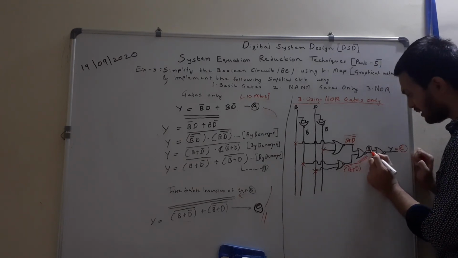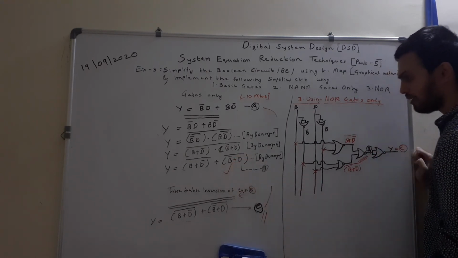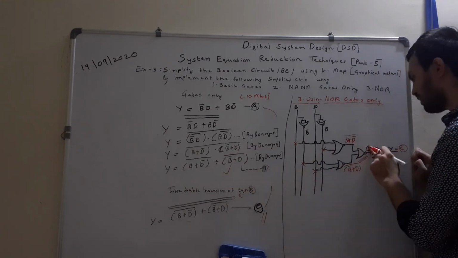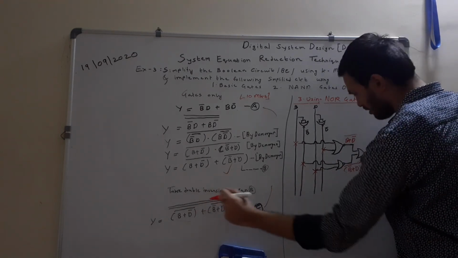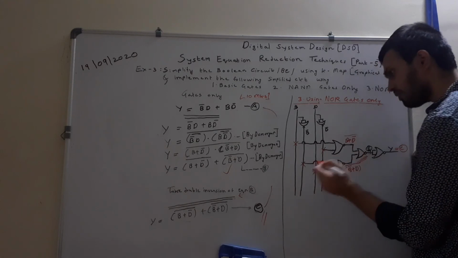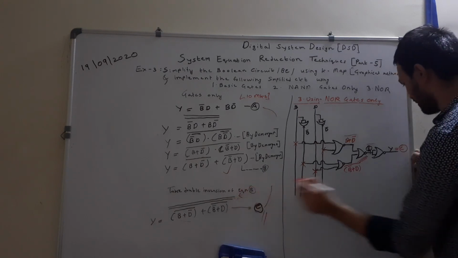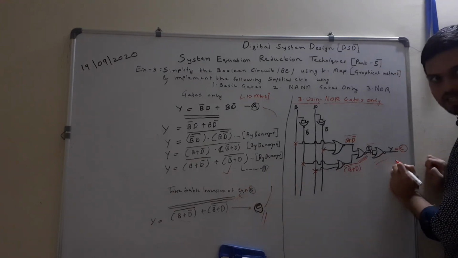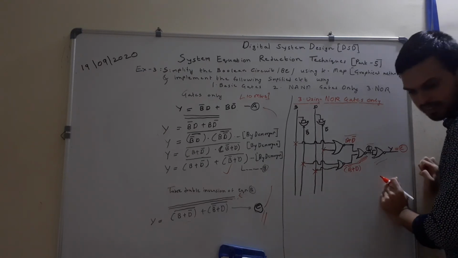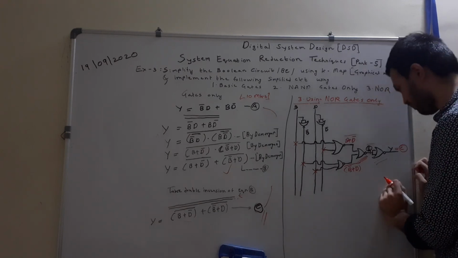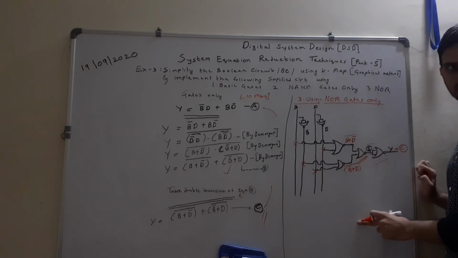So till this part, at the output of this NOR gate we get equation number B. But what is our final expression? This expression is a double complement. Now with equation B we get only one complement, but we want two complements here. So that's the reason we have connected another NOR gate in NOT gate configuration to get equation number C. So this is how we realize the circuit using only NOR gates. So with this we finish this particular example.